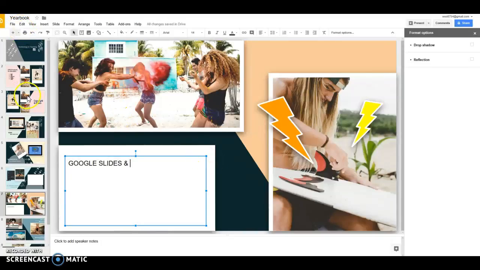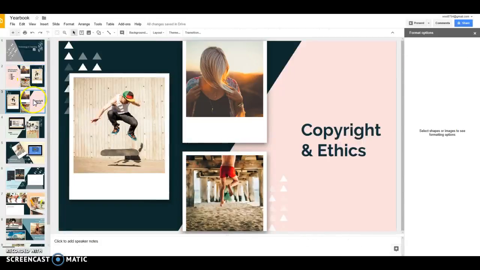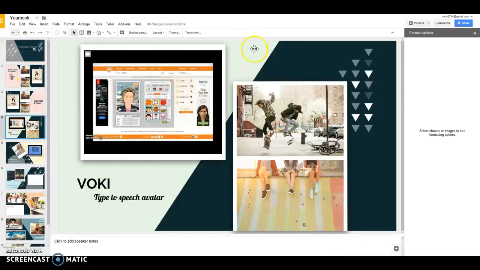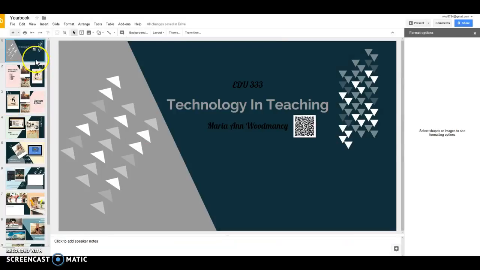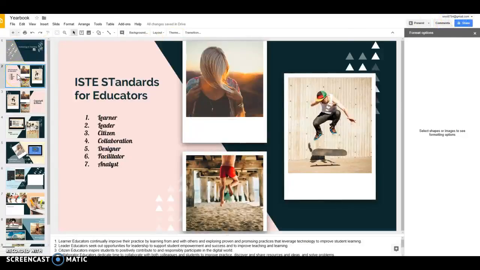Alright, so I was working on this Google Slides, and I figured I have to do a Google Slides one, so why not show you the one that you're going to see as a finished product anyway. This is a great presentation tool. I use it more than regular PowerPoint because I can save it immediately to my drive, and it's just very